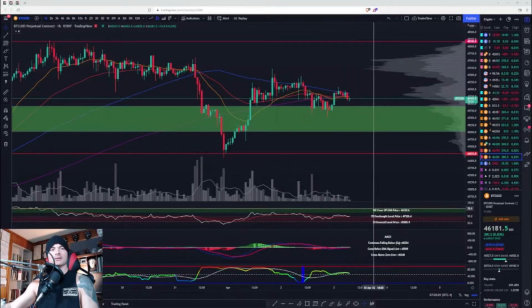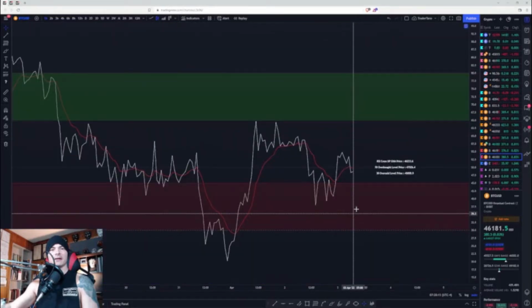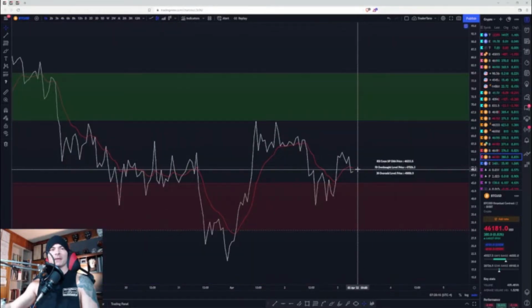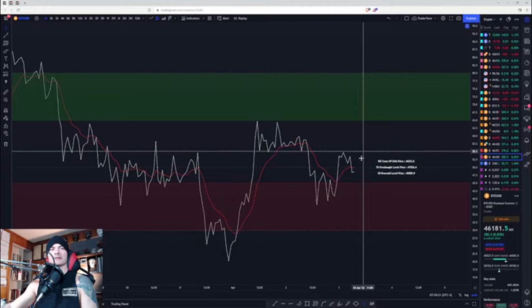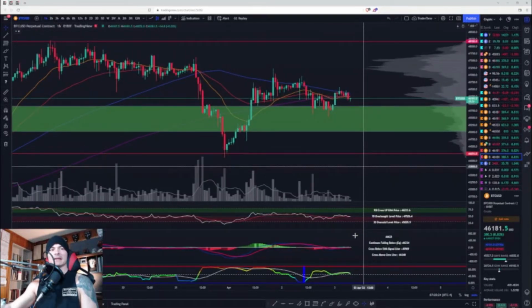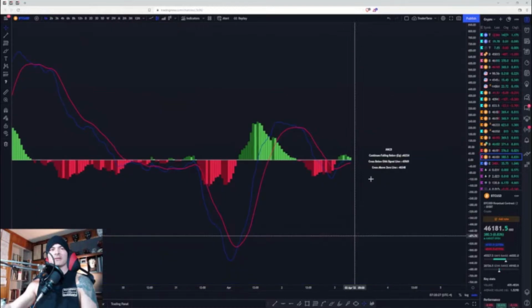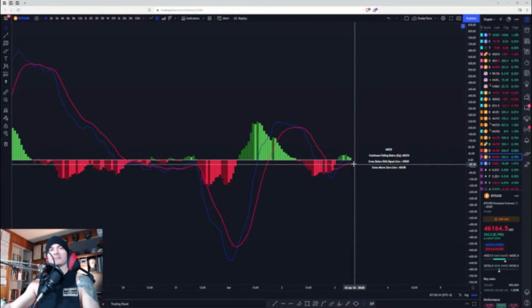Your RSI is in the neutral median zone, basically riding that neutral median line. Yeah, I mean, we're right by the signal line right now. We don't want to just come up and retest and then resume down, because that could lead us to the top of the bearish control zone. MACD is right by the zero line. We don't want this to also be a retest. So this could go one of two ways.